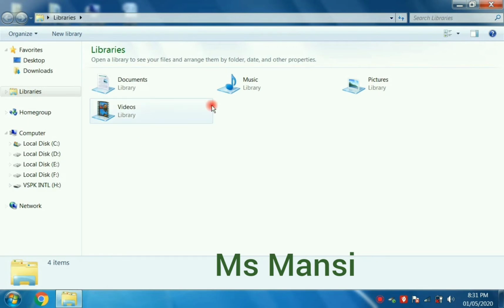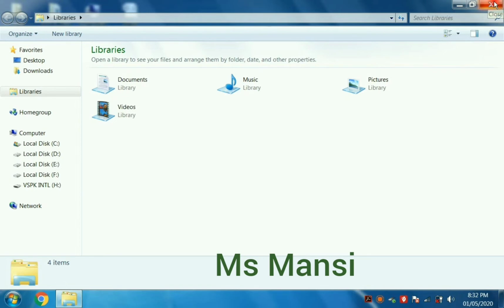Okay students, see, this is the window of Window Explorer. Here you can manage and organize your files and folders. So this is the method of opening Window Explorer.